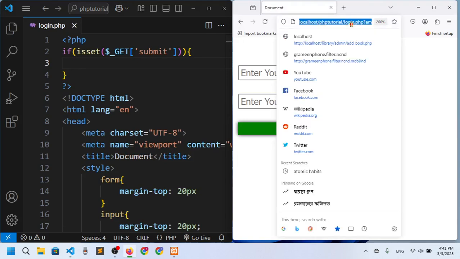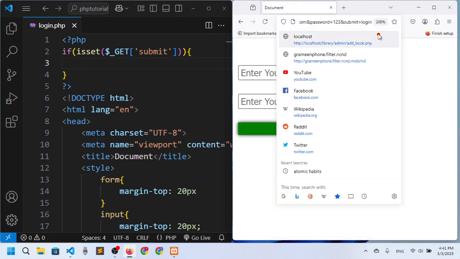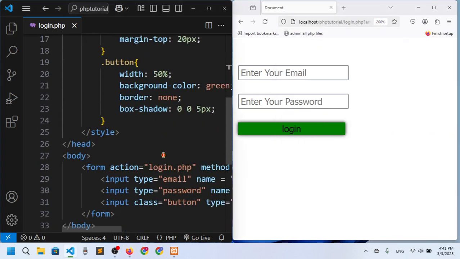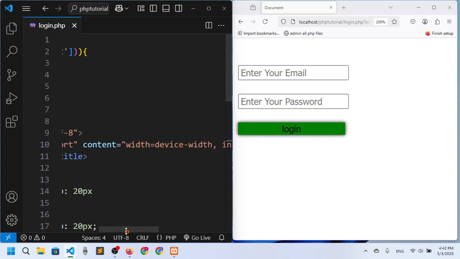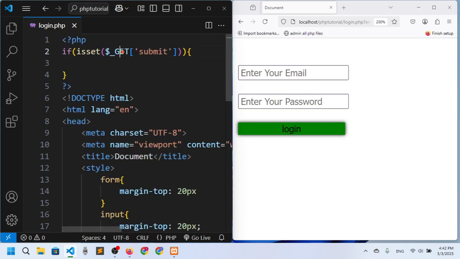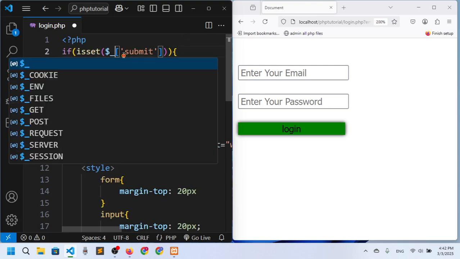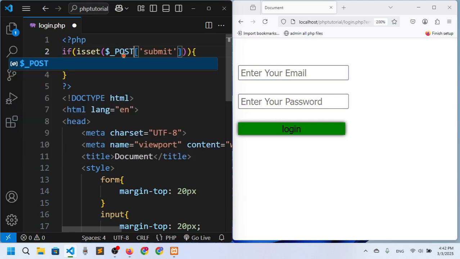Okay, the problem is, you can see if I go to the URL here, password 123 is showing. So for the soft information we cannot actually use get, so we have to change the method also. So we have to change here method, and the method is post, and now we have to change all the super global variables also, and here I just have to say $_POST,